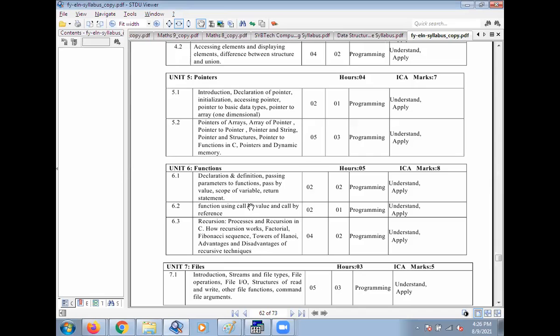Then from chapter 5, pointer, we move towards pointer to array. Okay, we'll see one example of this.